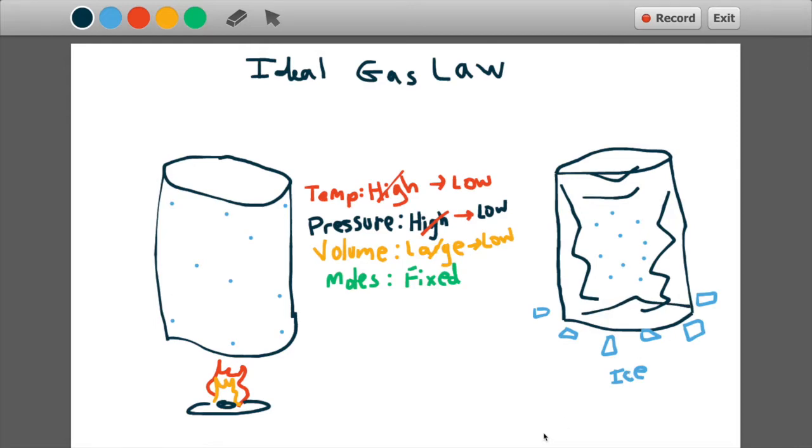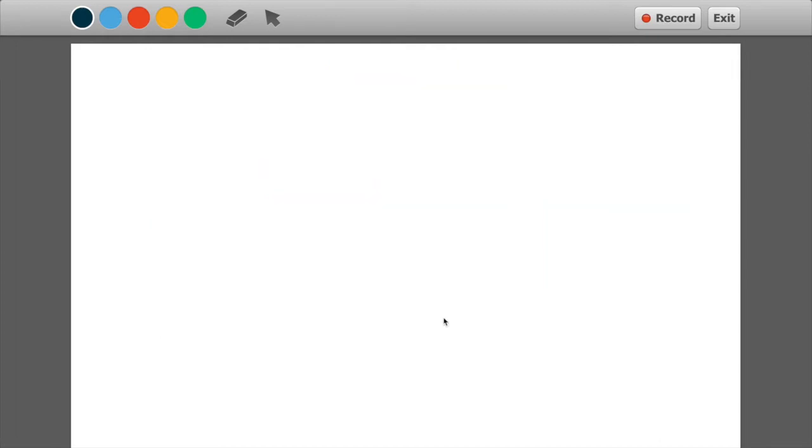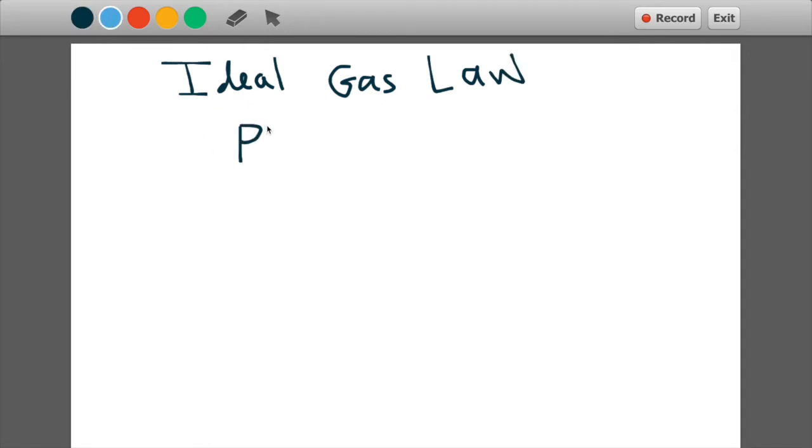This example is a great demonstration of the ideal gas law. And in the ideal gas law, we see how these 4 different variables interact with one another in a unique way. Now the formula for the ideal gas law is PV equals N times R times T, where P represents